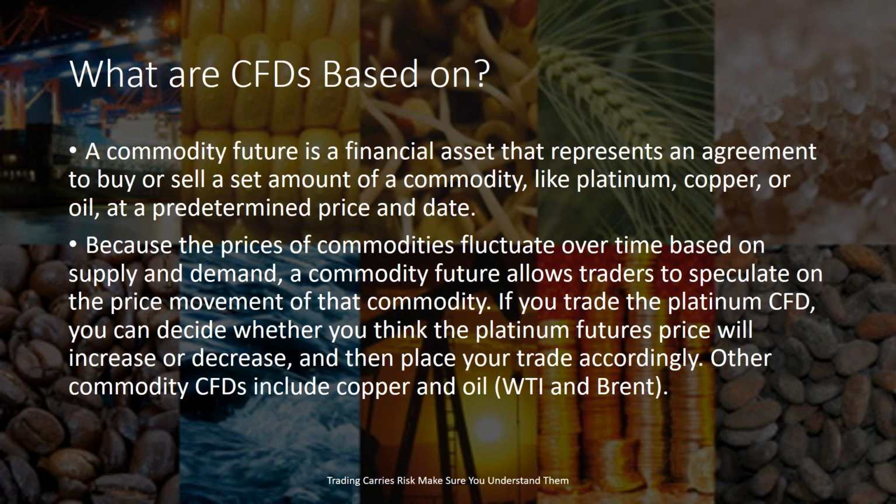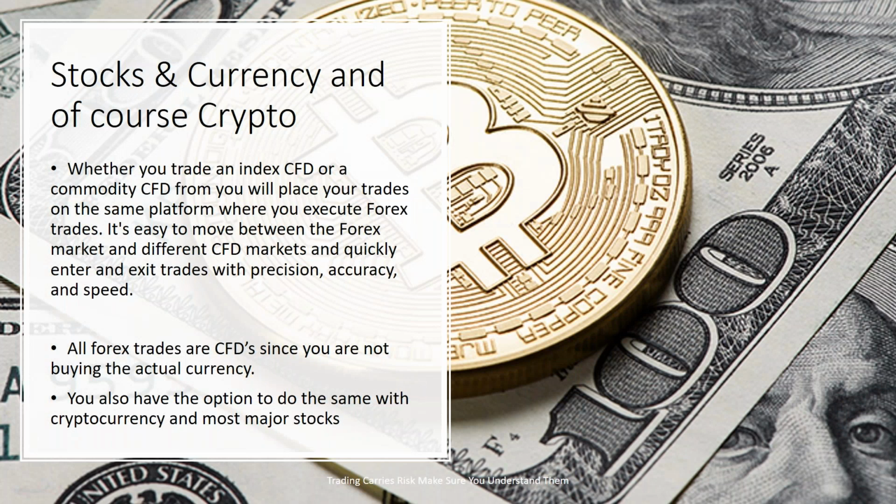The thing is, in a futures market, you would have to buy 50,000 bushels of corn or 1,000 barrels of oil per contract. In CFDs, you're not buying the underlying asset, so you can buy or sell whatever amount you want. If you want to only buy 10 barrels of oil, that's perfectly fine, because the difference is in the futures market, you have to have a specific contracted amount, and it also expires at a specific date, which the CFD market doesn't have.